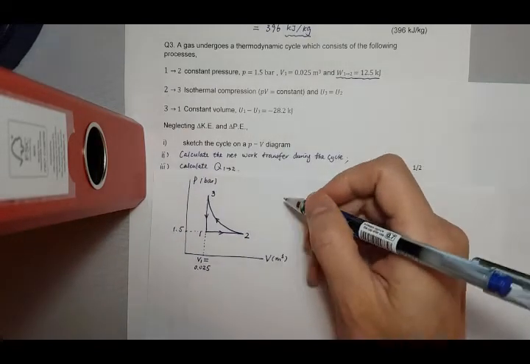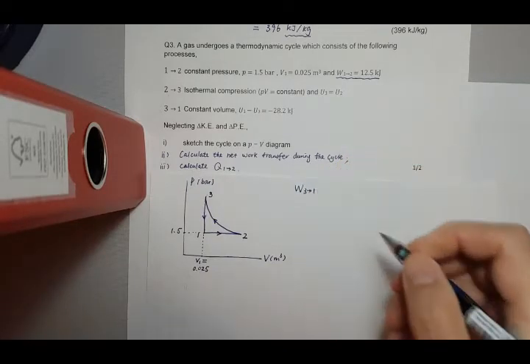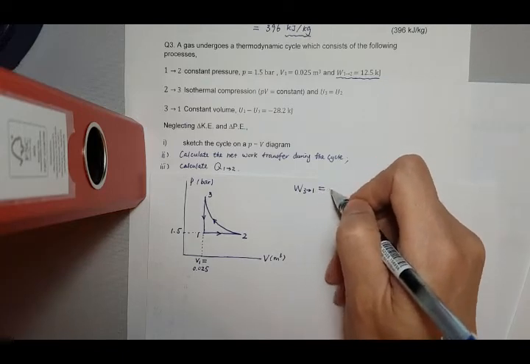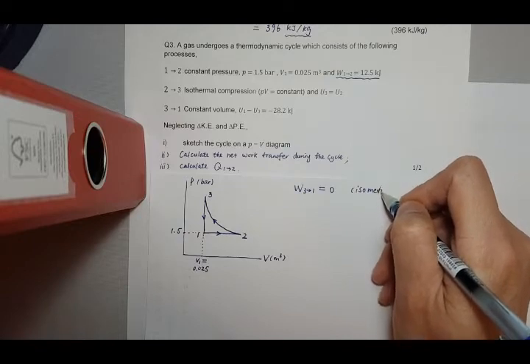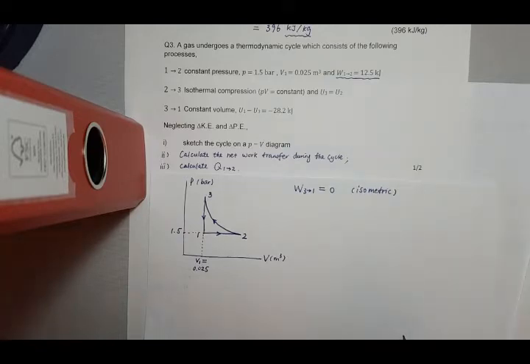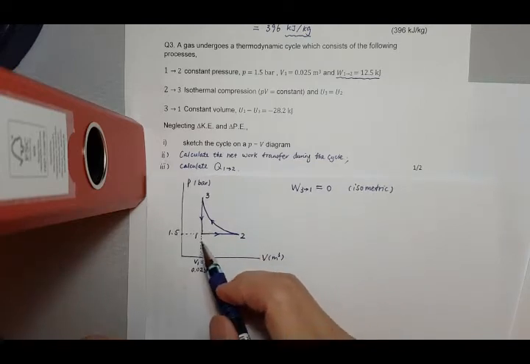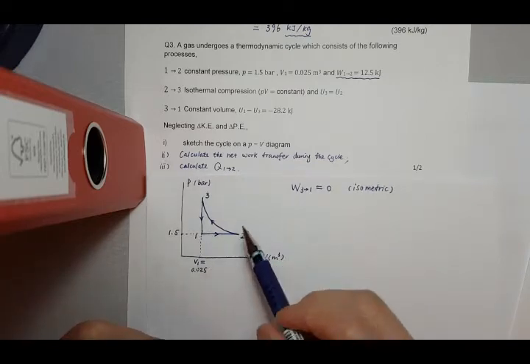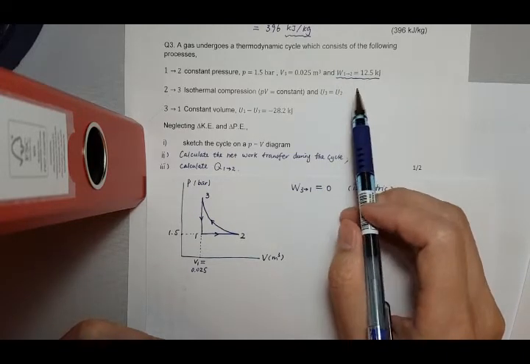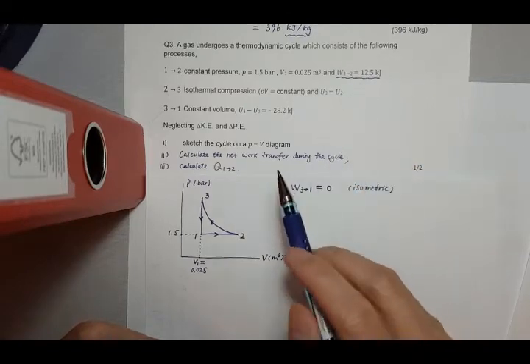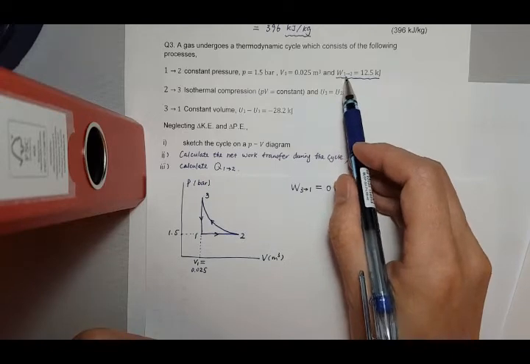So first of all we can write the work done from 3 to 1, because this is the easiest one, is 0. This is because this is an isometric process. Now we're going to calculate the work done for 1 to 2. However, this has actually been given. So we're going to use that to calculate something which has not been given. If we write that equation, W1 to 2,